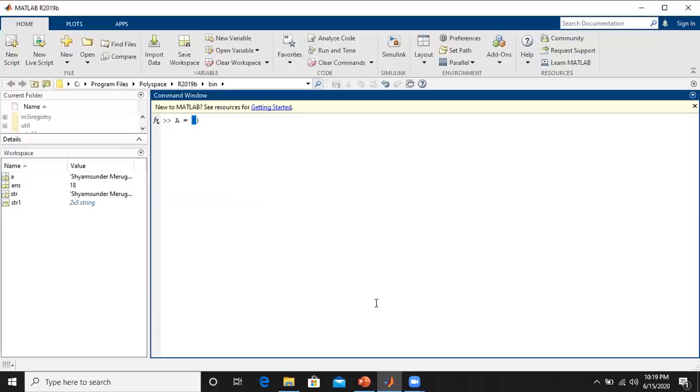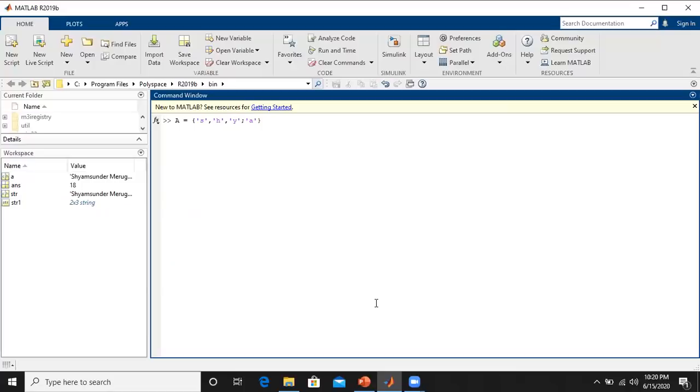Now this is the cell array indicated with flower braces here. Now what we'll do is we are going to type the individual characters here, and to convert the characters in a cell array into a string array, the number of rows and columns must be equal here. Then only it will be possible for us to print that. If not, we cannot do that.